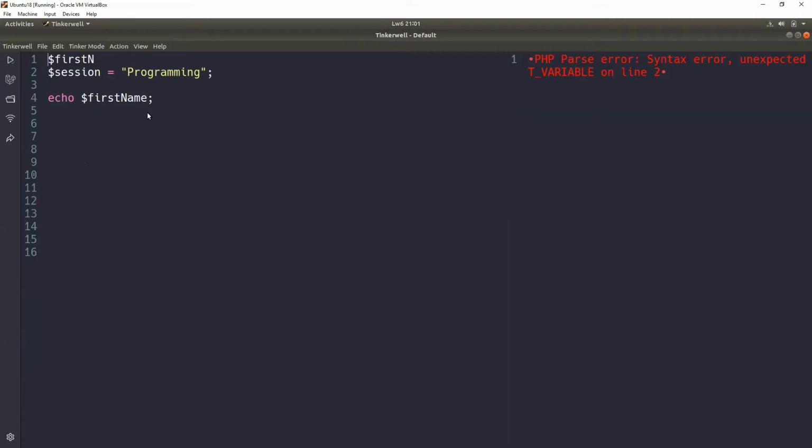Okay, it's telling me line 2. So this is line 1, line 2, and unexpected variable on line 2. When you see something like this, it means on line 2 you did something unexpected, which simply means line 1 is actually not correct. If line 2 is unexpected, something must be wrong with line 1. And as you can see, there is something wrong with line 1.